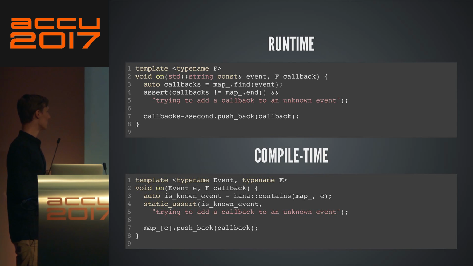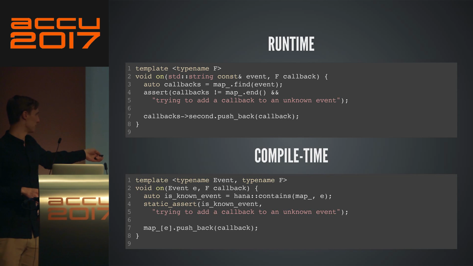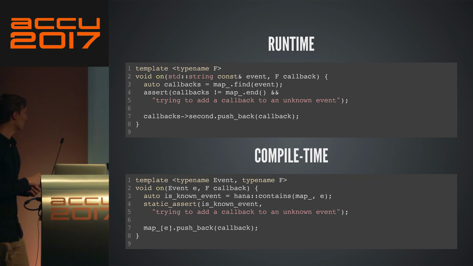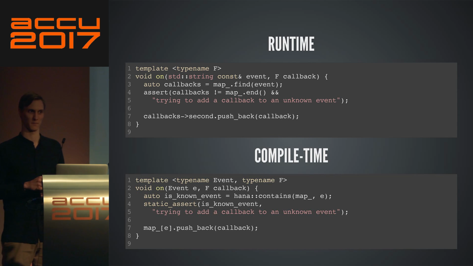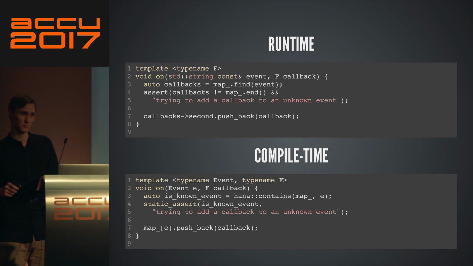And then you say, give me the set of vectors associated to that event, and then push back that new callback inside the set of callbacks that you have. And there's another really interesting thing going on here. This upper bracket doesn't do anything. Why? Because remember what I said when I talked about fusion map. It's basically a struct.